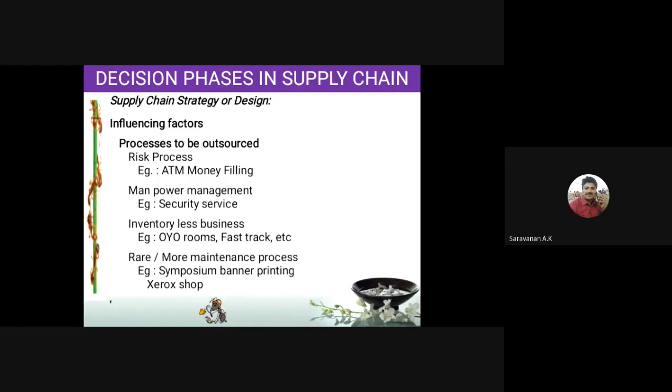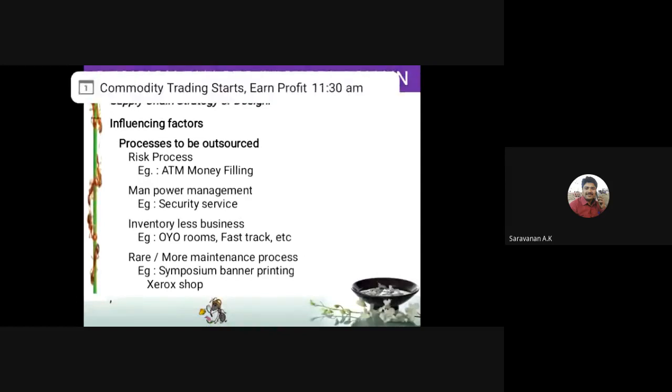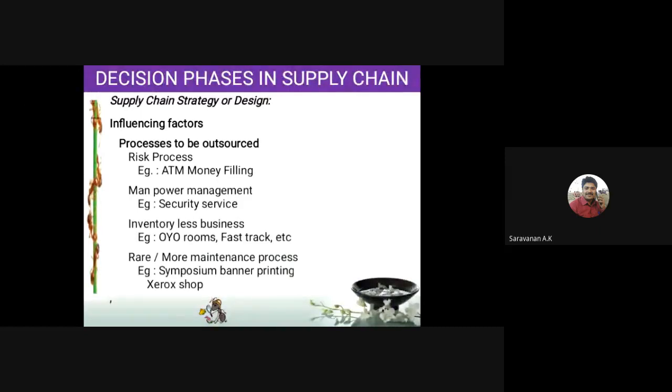Fast Track, best example. Now the failure of Fast Track is because the decision taken by Fast Track was wrong. Fast Track refused to have an online app for booking in the initial stages. So the decision made Fast Track lose its market. Now the Fast Track market is very bad in Chennai city. So the decision plays a major role. Repair and maintenance process, we have to take the decision based on that thing. Next is the